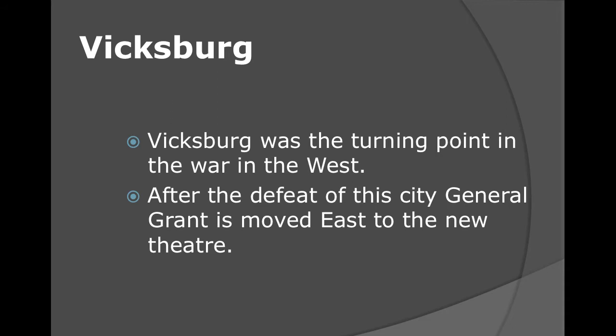And after Ulysses S. Grant wins the battle at Vicksburg, then they've pretty much secured most of the Mississippi River. Farragut will move down and take the city of New Orleans. And now Abraham Lincoln decides to move Ulysses S. Grant to the Eastern Theater and put him in some critical battles over there because he sees in Grant a commander that wants to win.